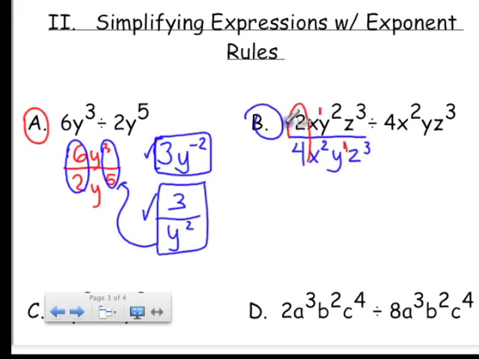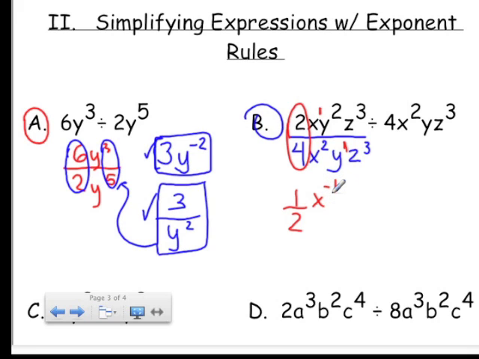2 divided by 4 is not a whole number, but it does simplify to 1/2. X to the first divided by x squared, that's 1 minus 2. I'm dividing powers with the same base. That's really x to the negative first. Clean that up so you can see a little better. X to the